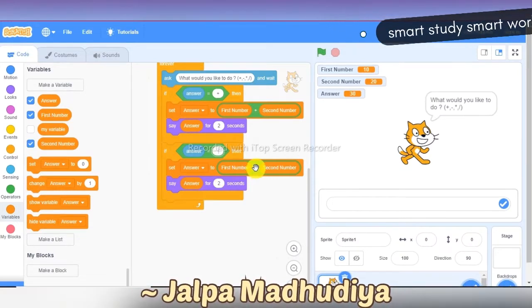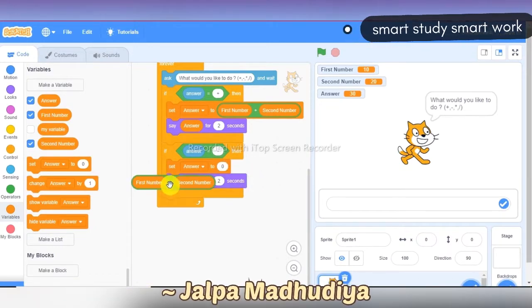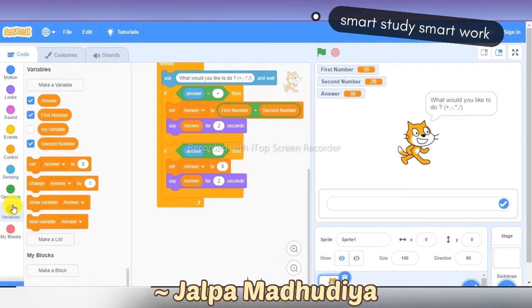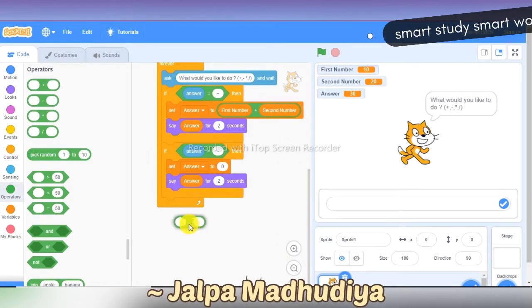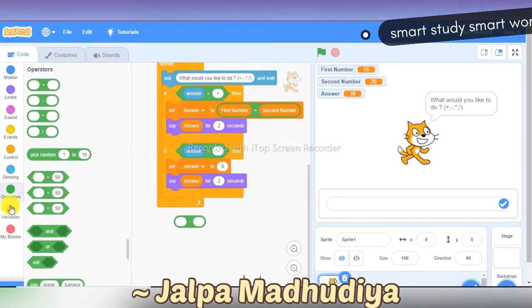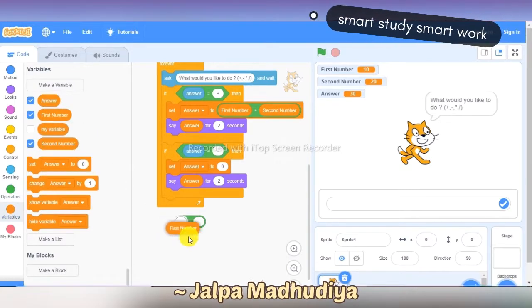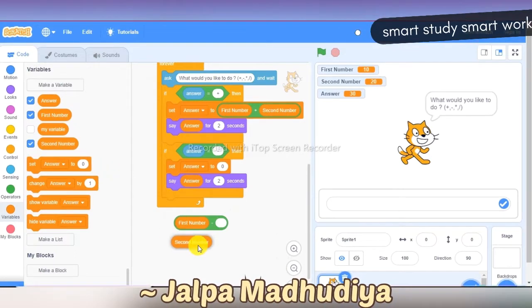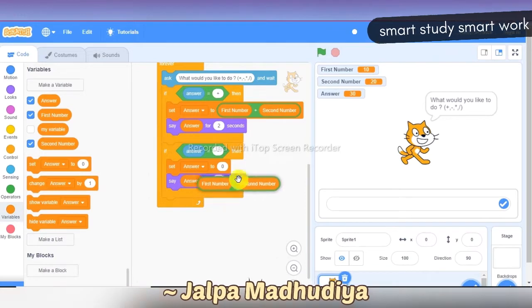Here in the operators, first of all change this operator. Click on the operators and take the subtraction operator, and again take the first variable and second variable. The first variable is first number and the second variable is second number, and just put these operators into the set block.